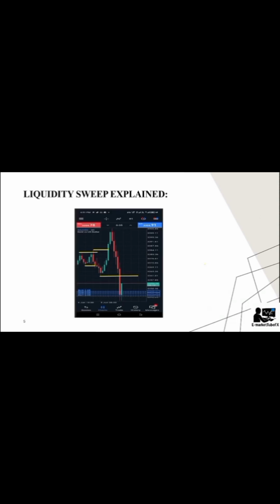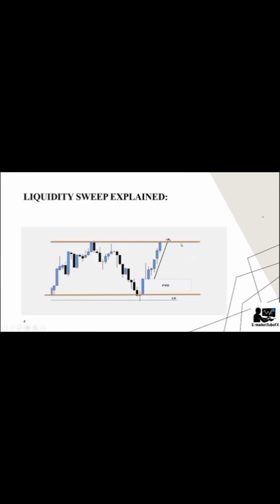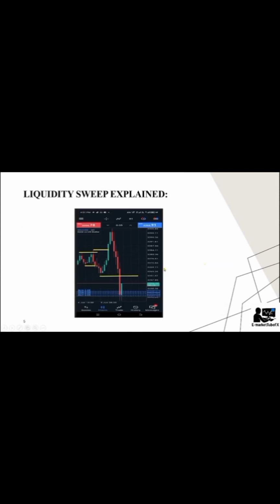So over here, the knowledge of this liquidity sweep is what I actually used in taking this trade, and I'm going to explain everything to you. I'm going to explain what actually influenced the decision of taking this trade. I will explain everything to you, so you get to understand why I said knowledge about this market is more important than the money that you deposit in your account to trade.